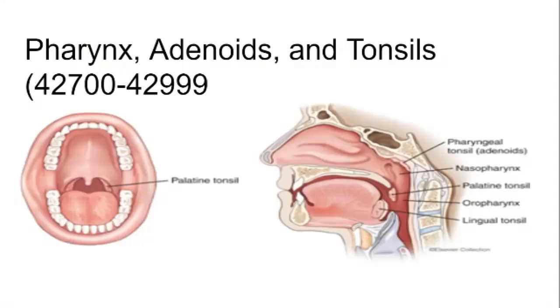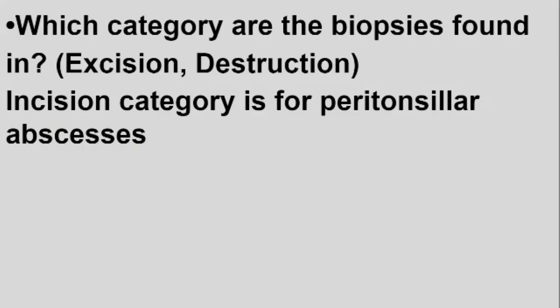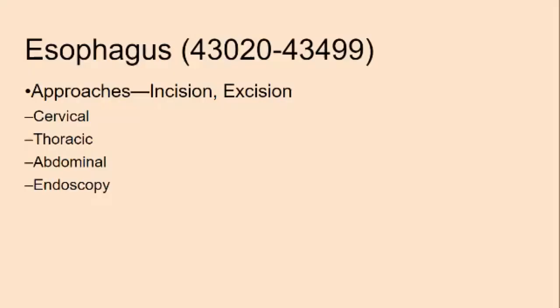So next we're going to move to our pharynx, adenoids, and tonsils. Which category are the biopsies found in? Excisions, destruction. Incision category is for peritonsillar abscess. I don't know why I put that question first, but let's go